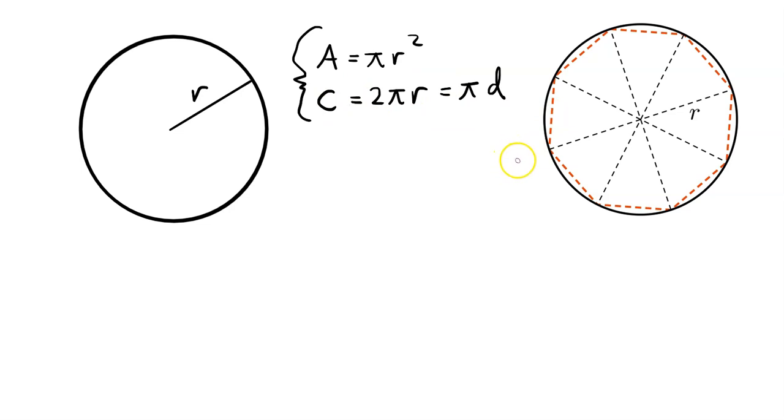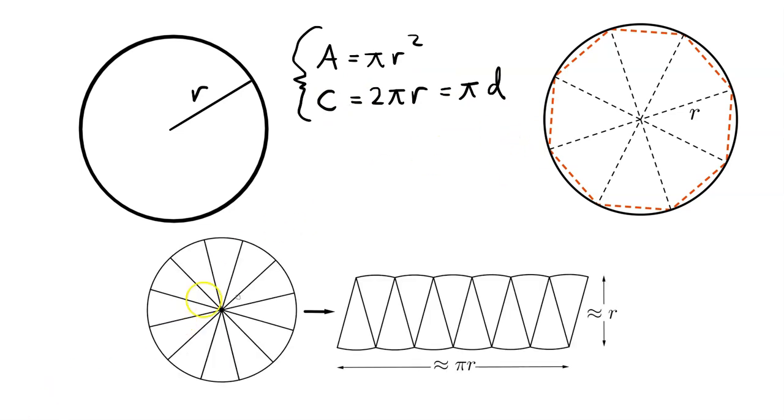And for the area, we can instead do in the following way. If we divide up the circle in this way, then by moving these slices here, we can form this figure. And by increasing the number of slices, this will become closer and closer to a parallelogram. And for the parallelogram, we just take the base length times the base height. Multiplying these two, we will get this formula. So that's how we can motivate these two formulas.